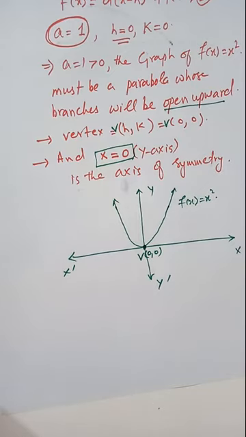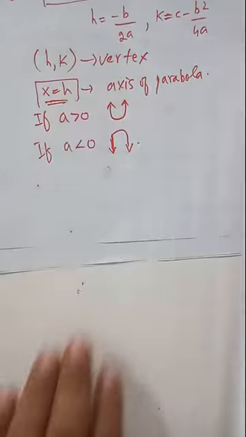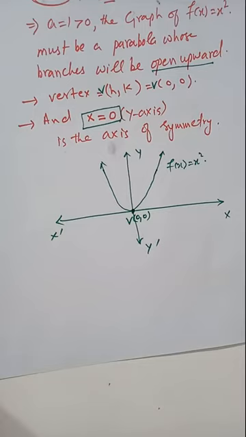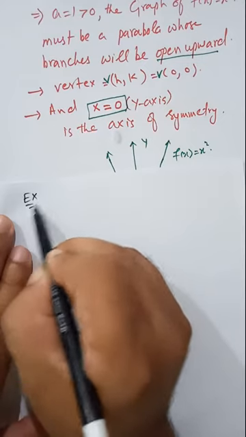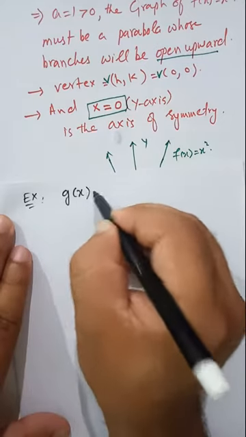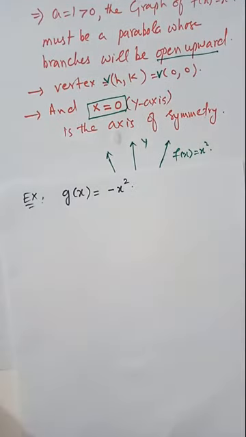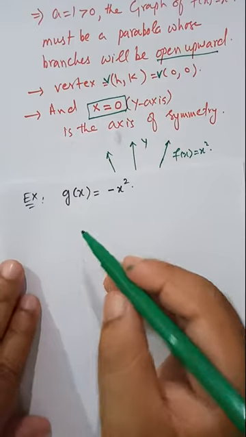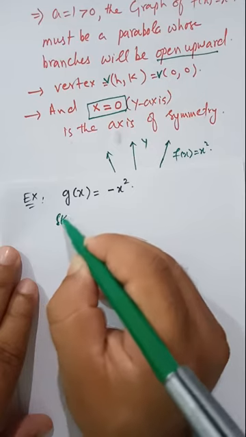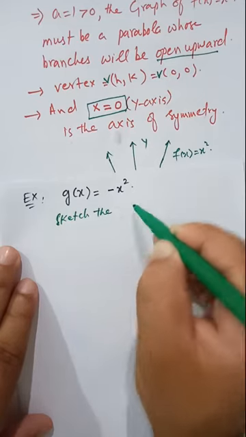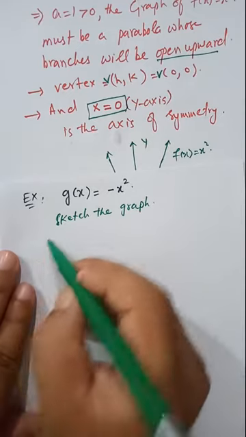Now I am taking another example. The second example, g of x is equal to minus x square. So now compare, what is our target? Sketch the graph. So solution,